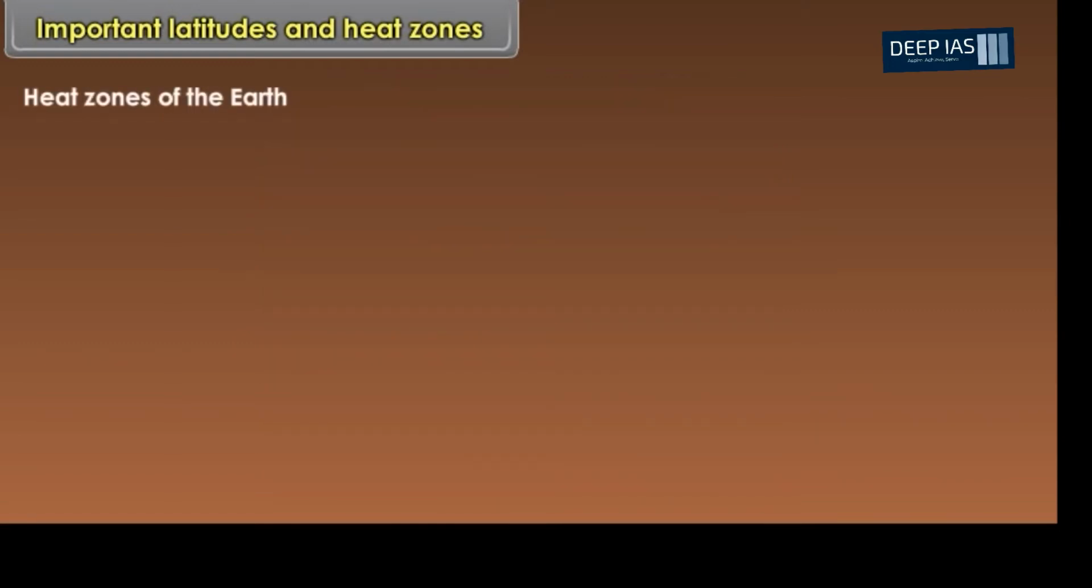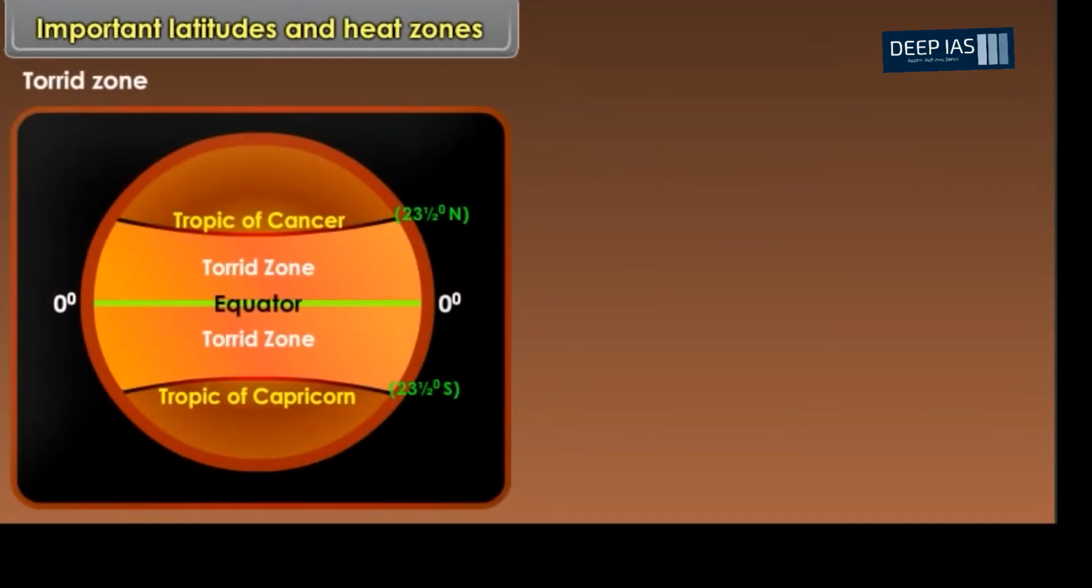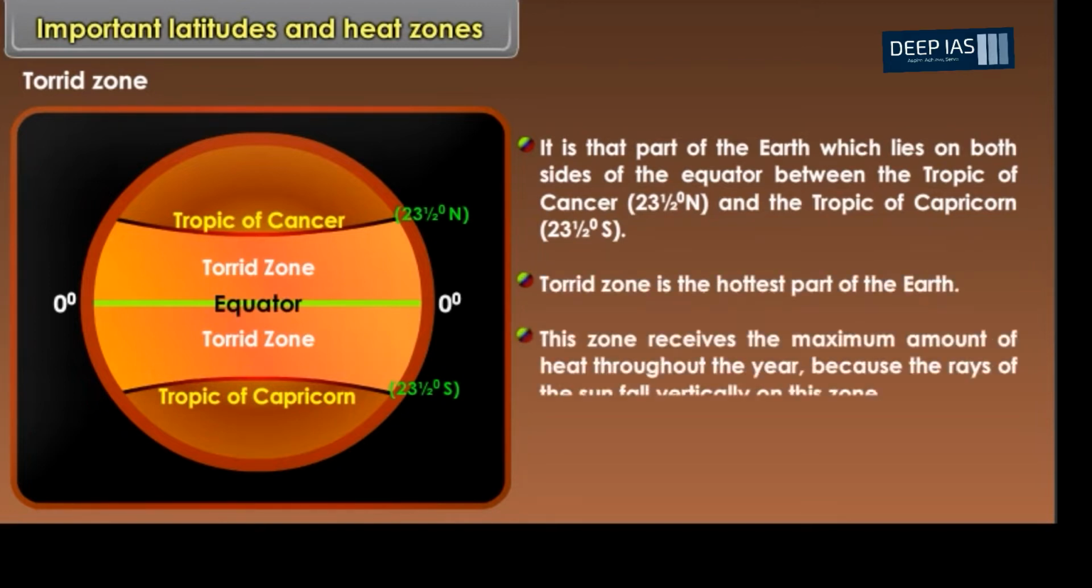Heat zones of the Earth. The important zones of the Earth are the following: torrid zone, temperate zone, frigid zone. Torrid zone. It is that part of the Earth which lies on both sides of the equator between the Tropic of Cancer, 23.5 degree north, and the Tropic of Capricorn, 23.5 degree south. Torrid zone is the hottest part of the Earth. This zone receives the maximum amount of heat throughout the year because the rays of the sun fall vertically on